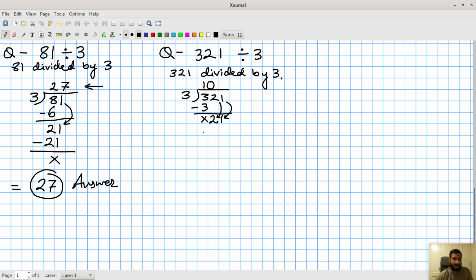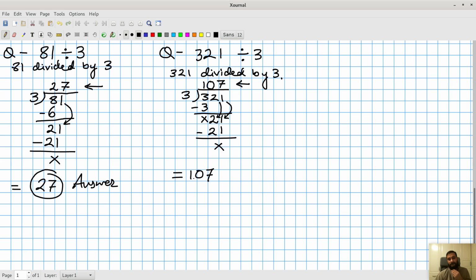This is greater than 3, of course. So let's check if we get 21 in the table of 3. 3 5s are 15, 3 6s are 18, and 3 7s are 21. So we write 7, 3 7s are 21. We do regular subtraction. 21 minus 21, nothing is left. And this is our answer, which is